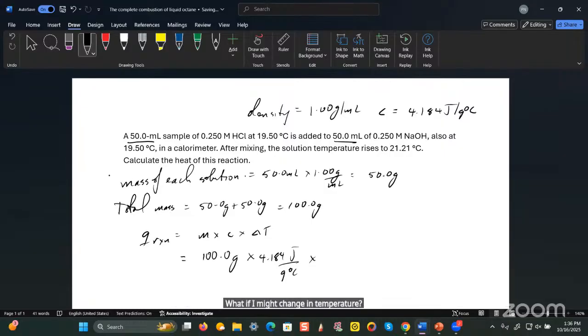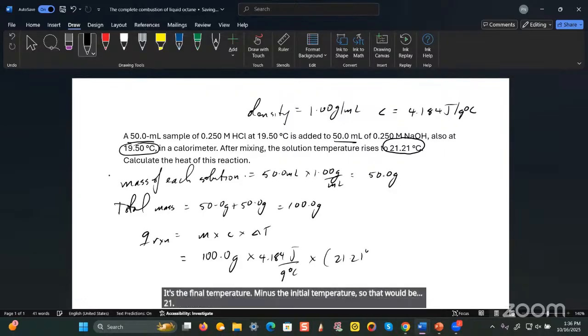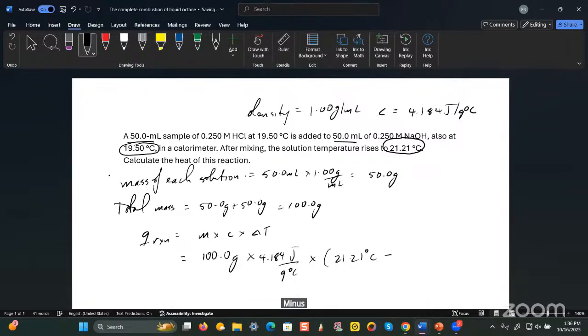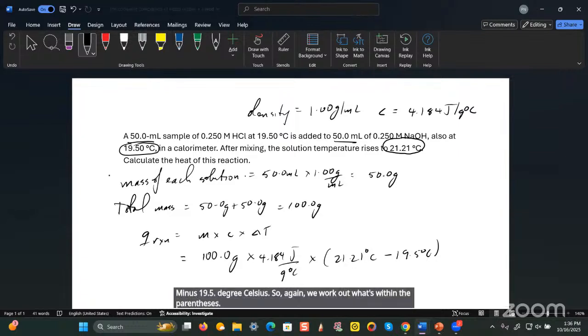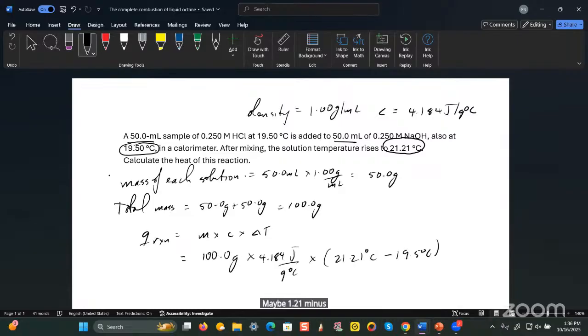What's the change in temperature? It's the final temperature minus the initial temperature. So that would be 21.21 degrees Celsius minus 19.5 degrees Celsius. So again, we work out what's within the parentheses, 21.21 minus 19.50. So this part here works out to be equal to 1.71 degrees Celsius, and then we multiply that by